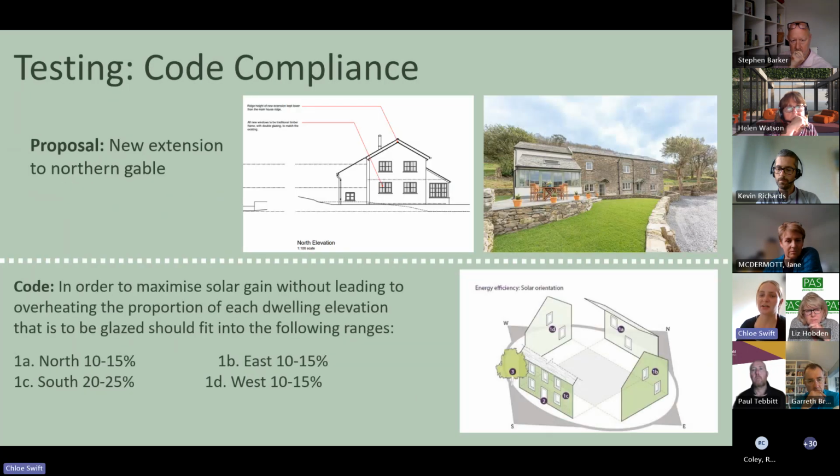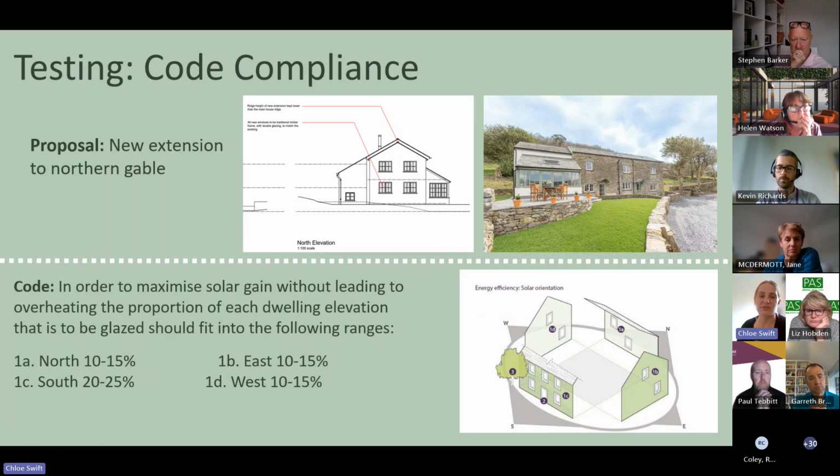This application was slightly more challenging for us to assess. This application is for a new extension to the northern gable end of this home, including the addition of 4 new windows into the northern gable end, which is just there on the screen. To maximise solar gain, the design code doesn't encourage new openings on the northern end of homes, shown in the code illustration there on the screen.